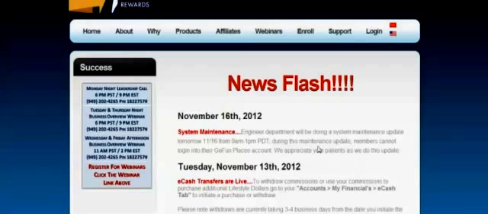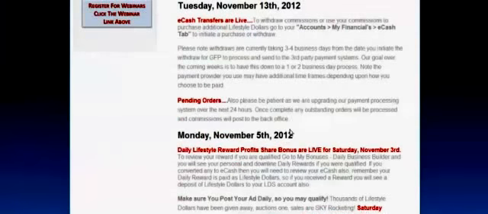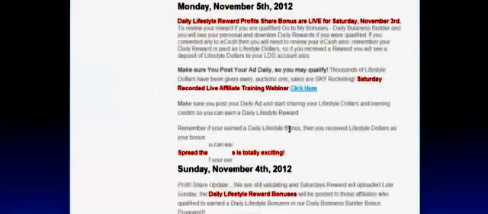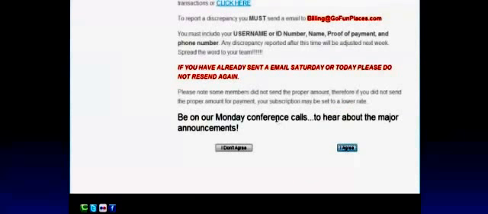So make sure you read this stuff, guys. It's not there to annoy you. It's there to keep you informed on what's going on, when it's going to happen, the timeline, you name it. Once you have read it, scroll down to the bottom and hit I agree. That will then take you to the access to the back office.